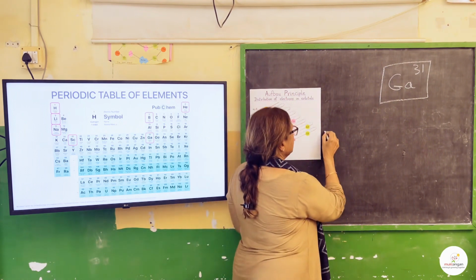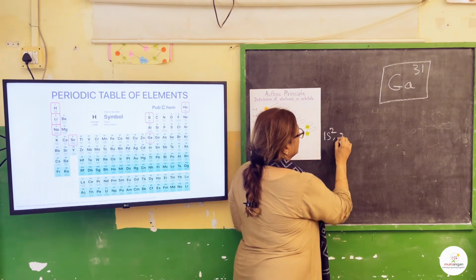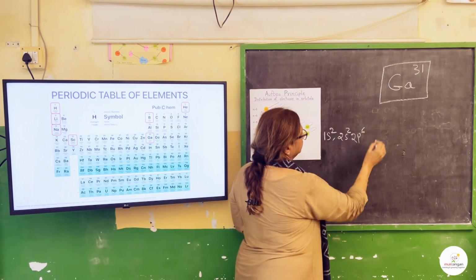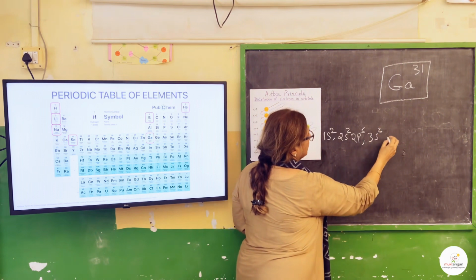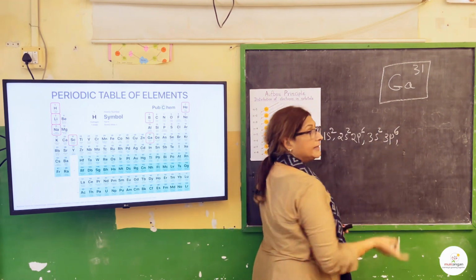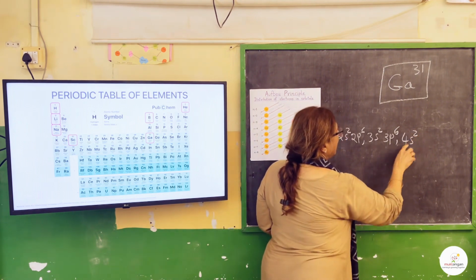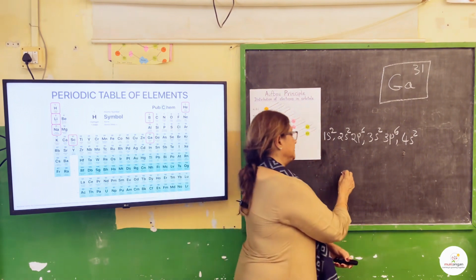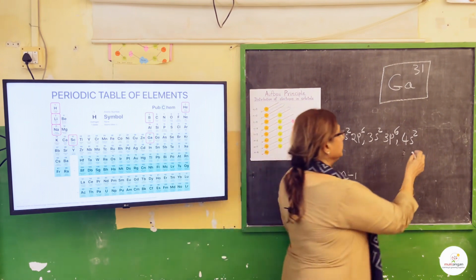So we start from 1s2, 2s2, 2p6, then we move on to 3s2, 3p6, then we move on to 4s, 4s2. Now after 4s, what comes? D block. And remember the rule, for the D block, it's n minus 1. So D becomes